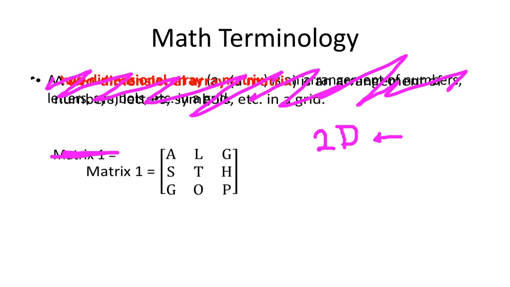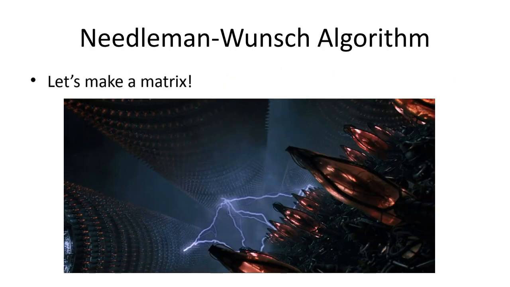Because to do Needleman-Wunsch dynamic programming, where we find all possible alignments and check to see which one gives you the best scoring scheme all at once, requires you to make a matrix. And so we're going to make a matrix as soon as we come back from break,